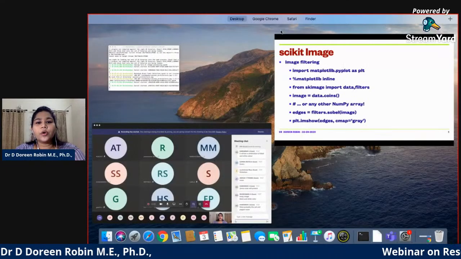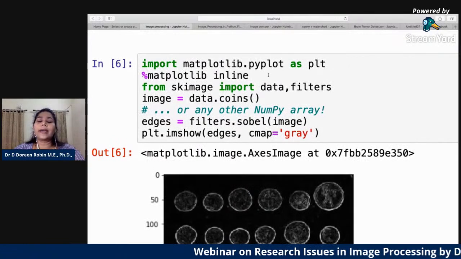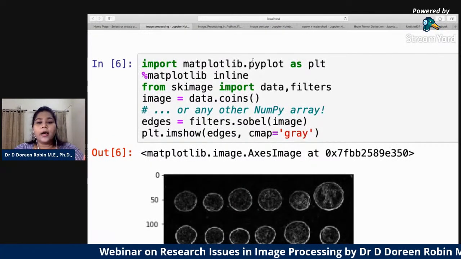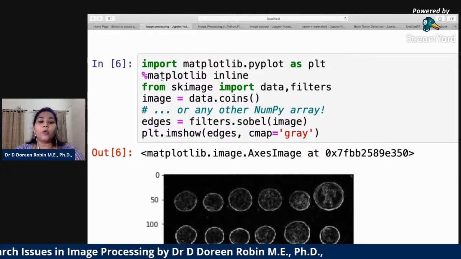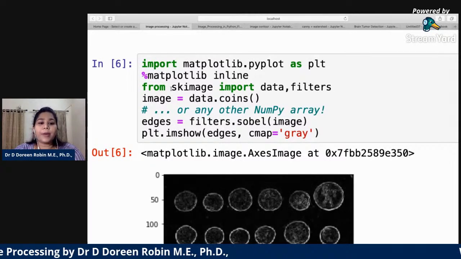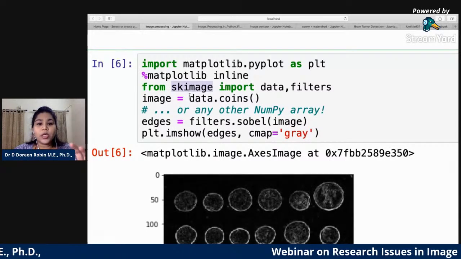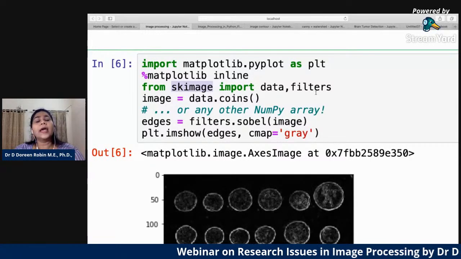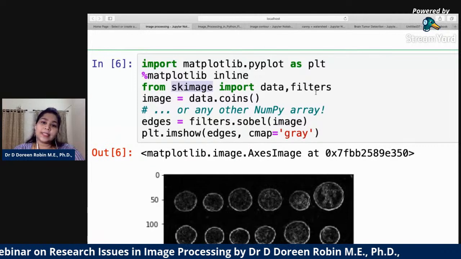I'm also importing matplotlib, a package to plot things, .pyplot as plt. I'm making it inline, so I can see my output here itself. This is the first package I'm using. From skimage, I'm importing data and filters. Inside this package itself, there are a couple of data sets available.